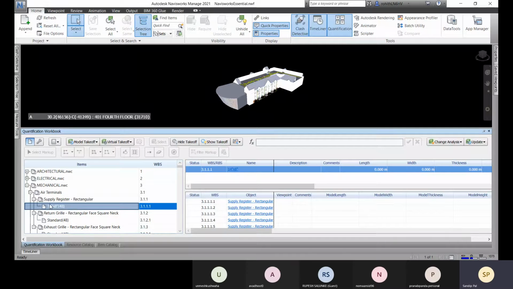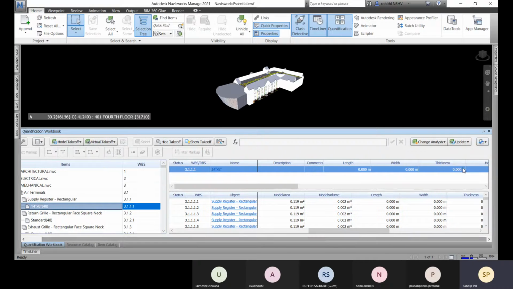And not only that, we have all these quantification right now. So now we don't have to select it one by one and we will get all these things. So we don't have to do that. Fine. I hope you understand. Right. So this way we can do it for the whole model. So this is how we do it.